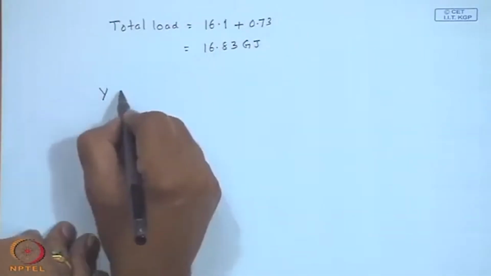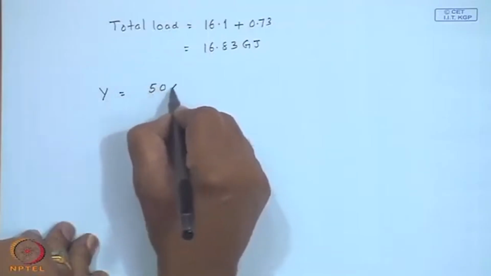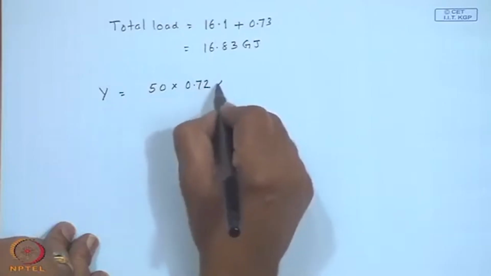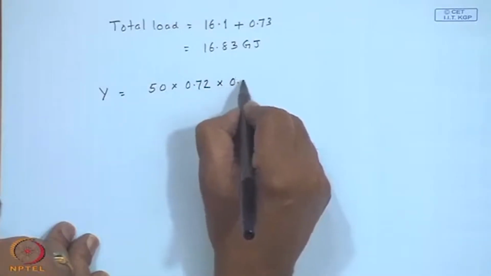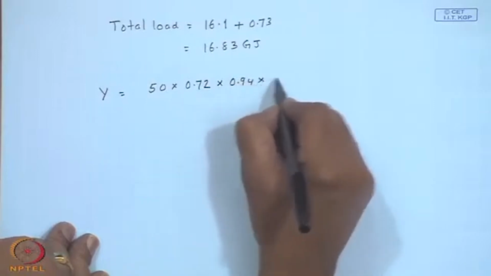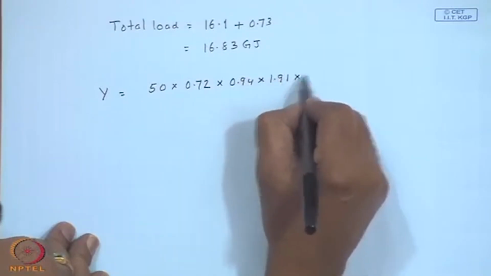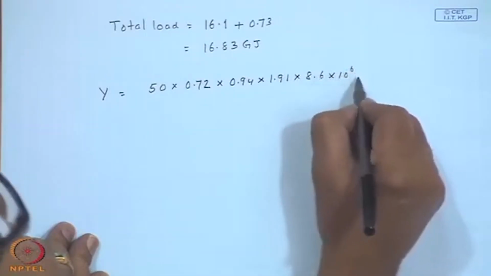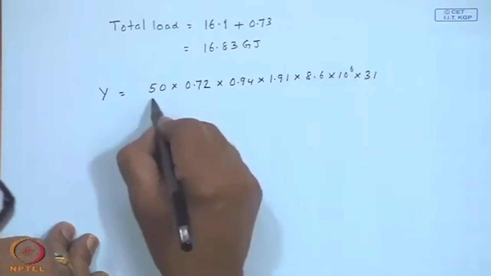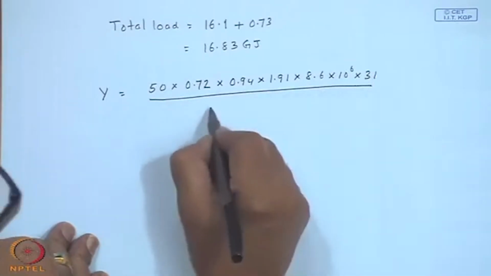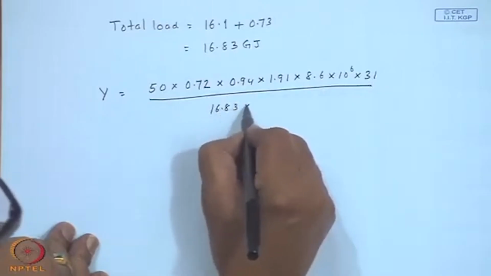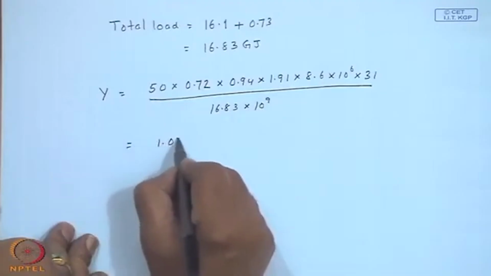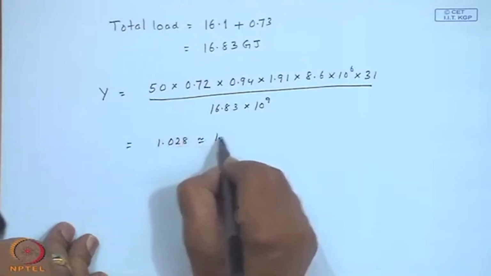The modified Y will be area 50 meter square into tau alpha normal F r 0.72 multiplied by tau alpha bar by tau alpha n 0.94 times R bar 1.91 into H 8.6 into 10 to the power 6 to make it joules, multiplied by 31, the number of days, by 16.83 into 10 to the power 9 to make it joules. This is 1.028, which is approximately 1.03,